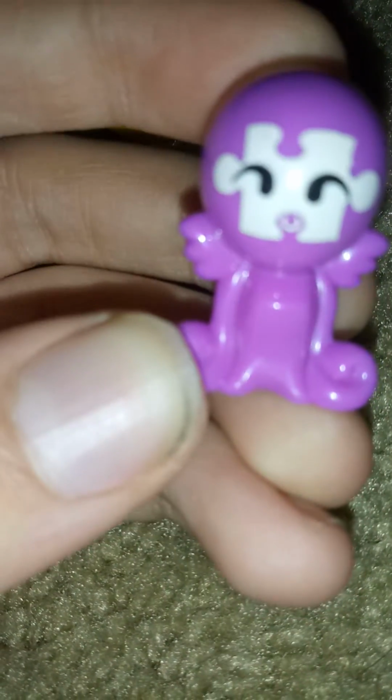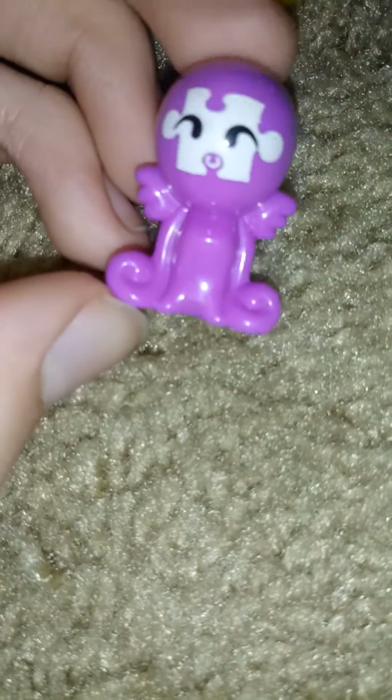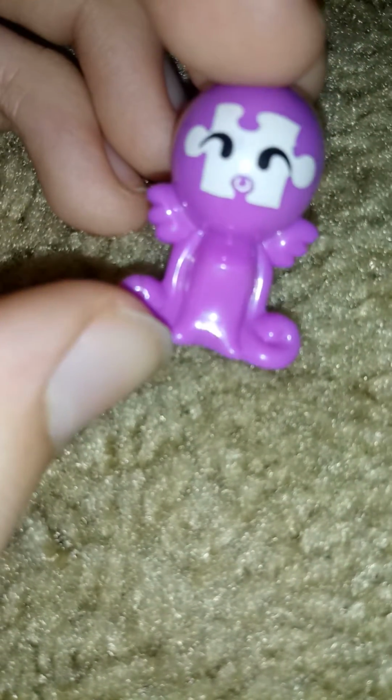I don't know what I can describe this one as. Probably a puzzle squid. I don't know. It's number 41. I always thought that these were kind of like its arms and stuff, but these two seem to probably be its arms and legs right here. Rather odd